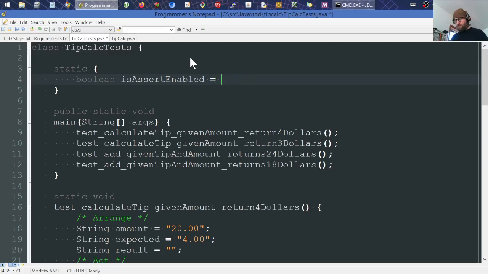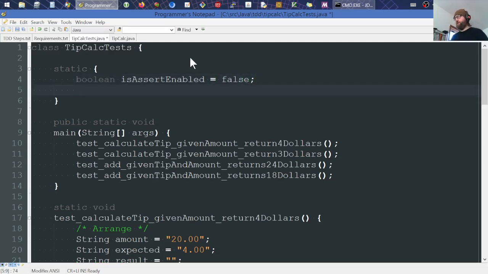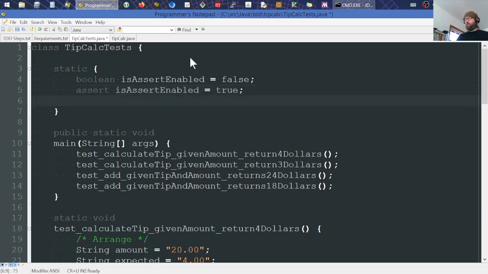Is that the keyword false? I think that's the keyword false, and Java's lowercase. Oh well, we'll find out in a minute. And then what we do is, since an assert statement won't be evaluated unless asserts are on, we say isAssertEnabled, and then we set it true here, and so it won't get set true otherwise. And then if not isAssertEnabled,